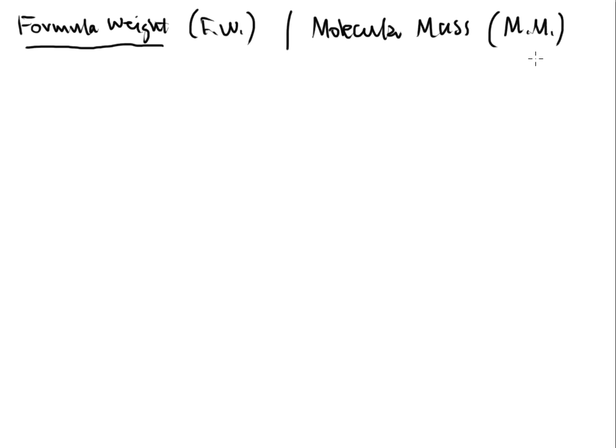So the very first thing that we're going to talk about is formula weight, and I'm going to abbreviate that with FW every single time. But you know what? Formula weight can also be called molecular mass. Both of these go under the same kind of category. You solve them the same way. They kind of mean the same thing in a way. Molecular mass is MM. And you can also see molecular weight, and that would be MW. So no matter how the problem is worded, you're basically going to do the same process in order to solve